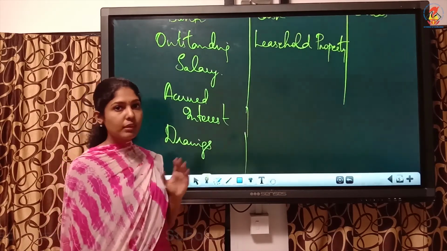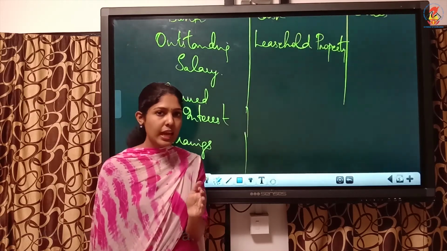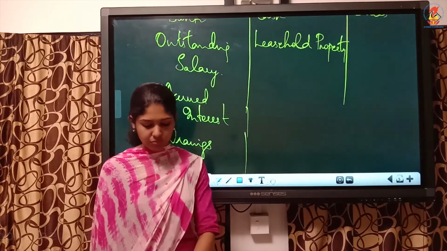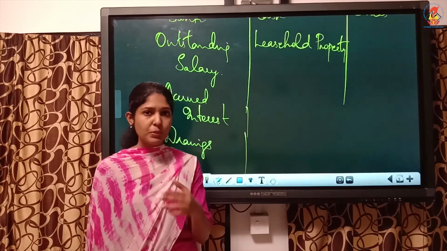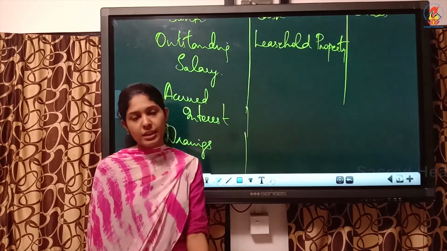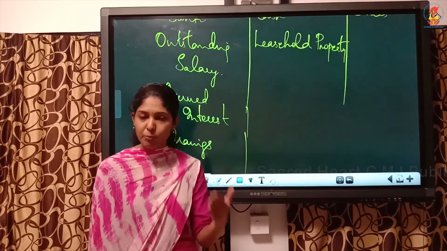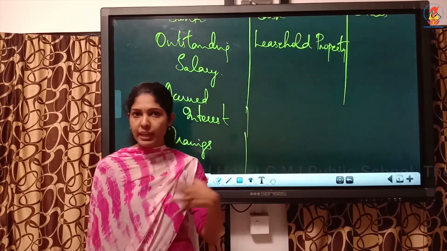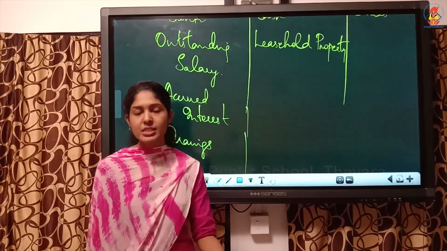Then interest, within brackets they have written paid. Paid means it is an expense. Expense will come under nominal. Then next is bank overdraft. Bank overdraft means, the word meaning is withdrawing more than what is there in your account. You can opt this facility called bank overdraft. It is given by banks. So you can go to a bank and avail this facility. You will have to pay interest and all for this.